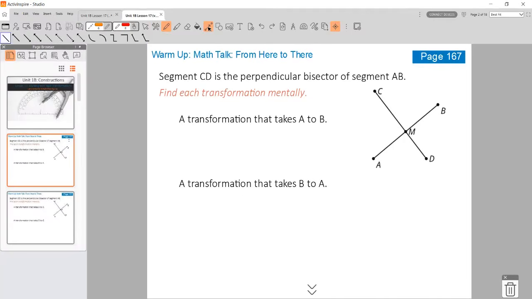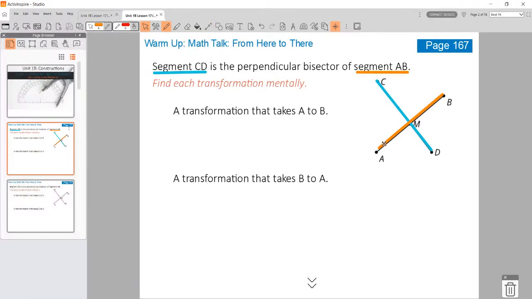what the diagram shows. So this diagram shows segment CD right here, which is the perpendicular bisector of AB. Okay, so AB is being cut up by CD. So I sometimes find it nice to actually mark up the diagram to help you. So CD is bisecting or cutting AB in two equal pieces, and it's also perpendicular, meaning you have a 90-degree